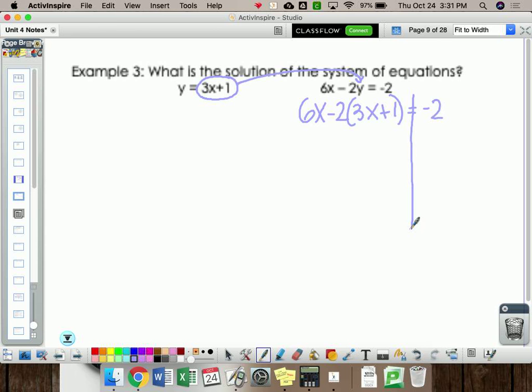So to start off, I'm going to distribute this negative 2. Negative 2 times 3x is going to give me a negative 6x. And negative 2 times a positive 1 is going to give me negative 2. Then I see that I have some like terms. 6x minus 6x becomes 0. They cancel each other out. So I'm left with negative 2 equals negative 2. And I know that negative 2 does equal negative 2. So that's going to give me an answer of infinitely many